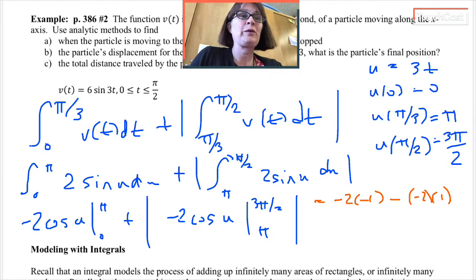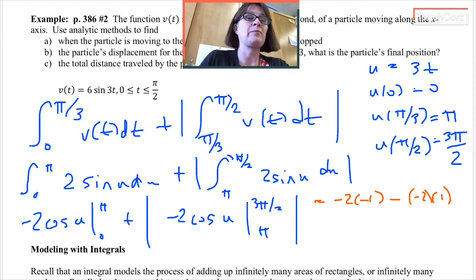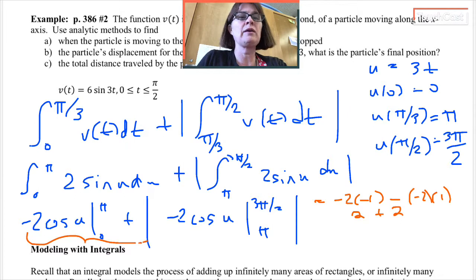I'm running out of room. I appreciate your patience with me. Let me simplify that part first. That's going to be 2 plus 2. So this part is 4 plus,